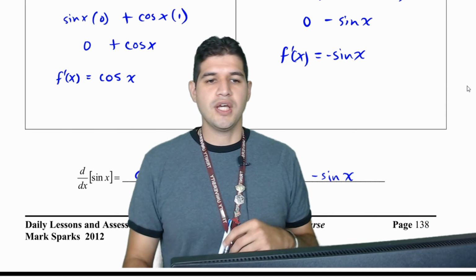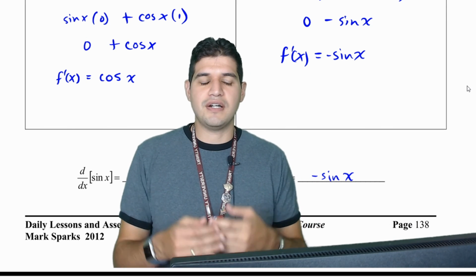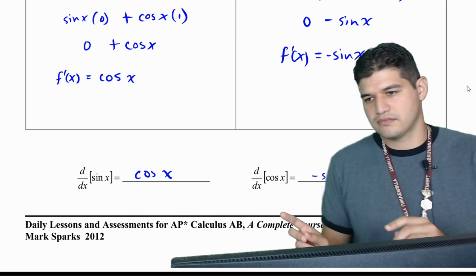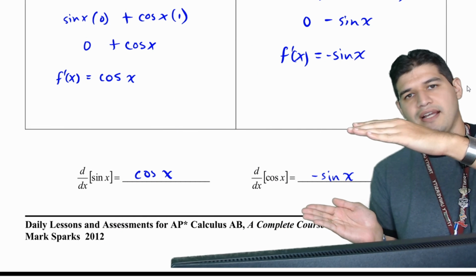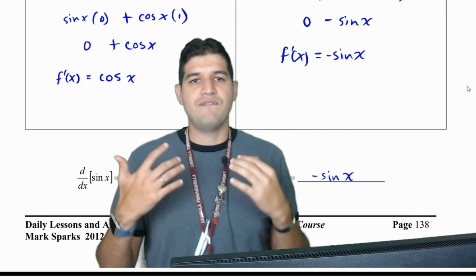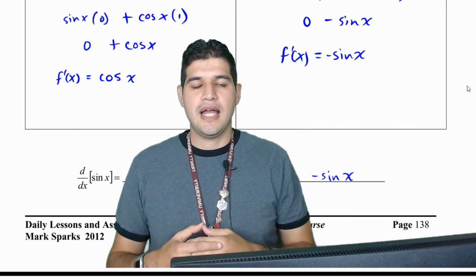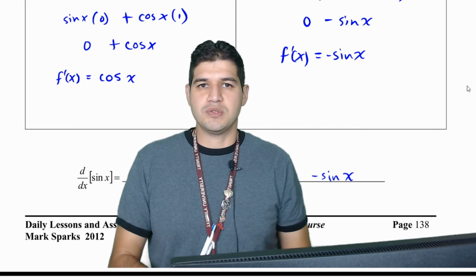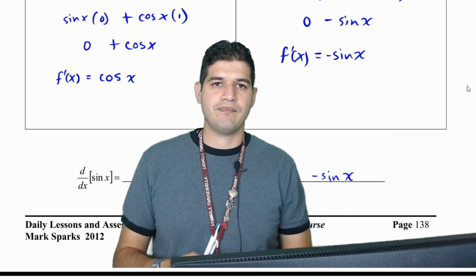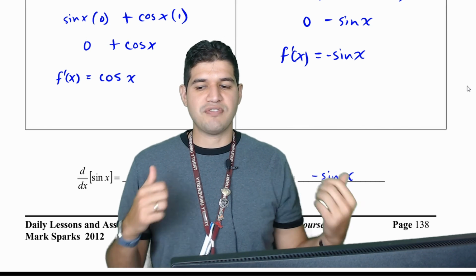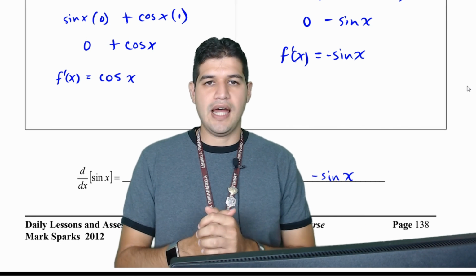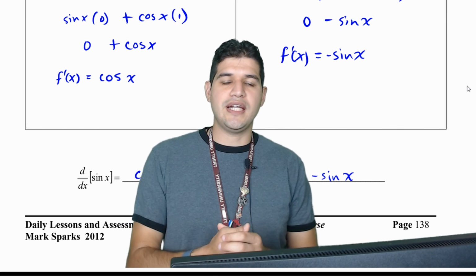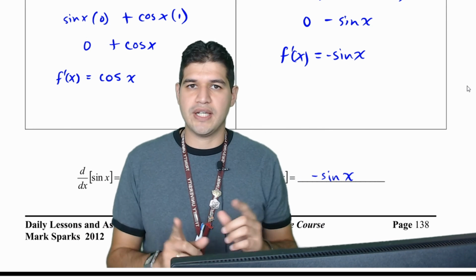Because as you're going forward, you're going to see the derivative of trig functions very often. So these two that you see behind me here, those two right there, cosine and negative sine of x, those two are going to be very, very important to get down, as well as the 4 other trig functions that you're going to want to get down as well. You're going to see those in a future lesson. So moving forward, you're going to definitely want to know cosine and sine, those derivatives, so that you can do the problems coming ahead. If you do need any help with these 2 proofs about how we're getting our results,